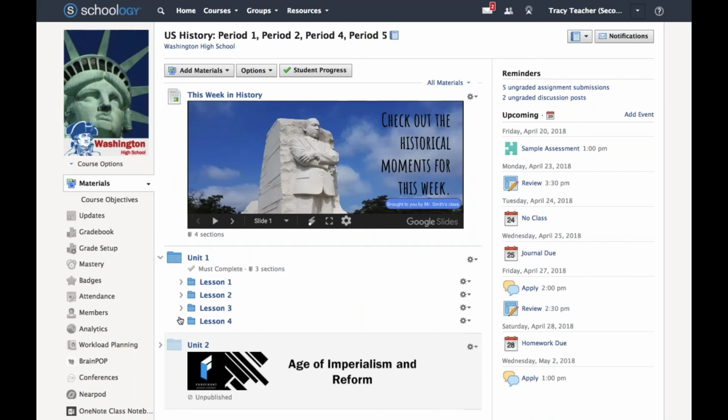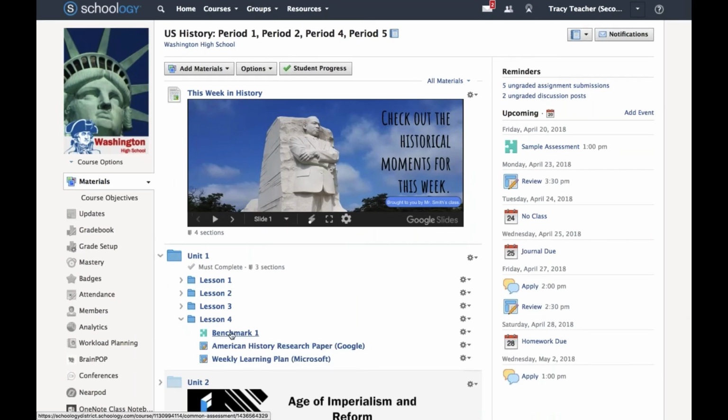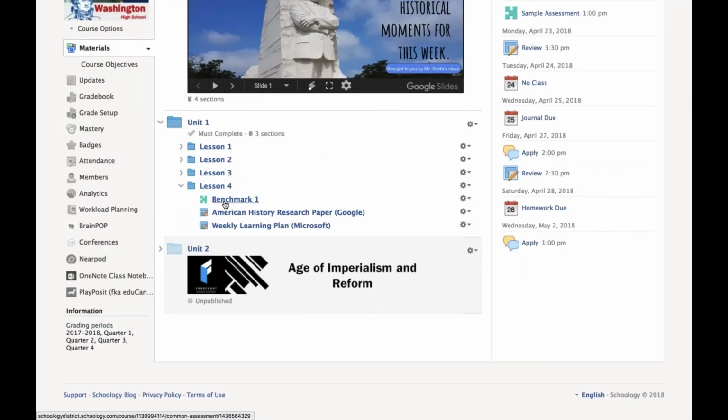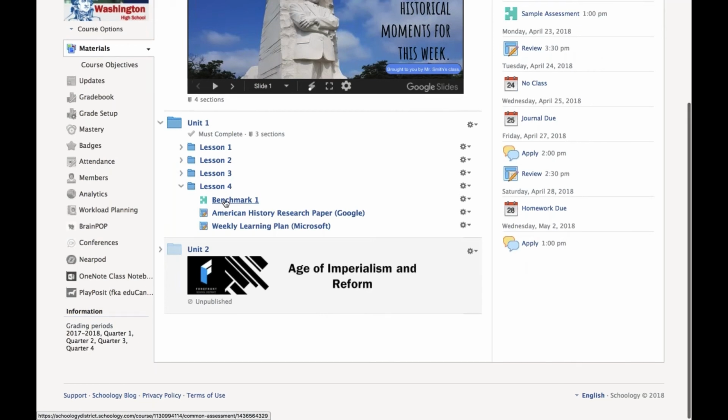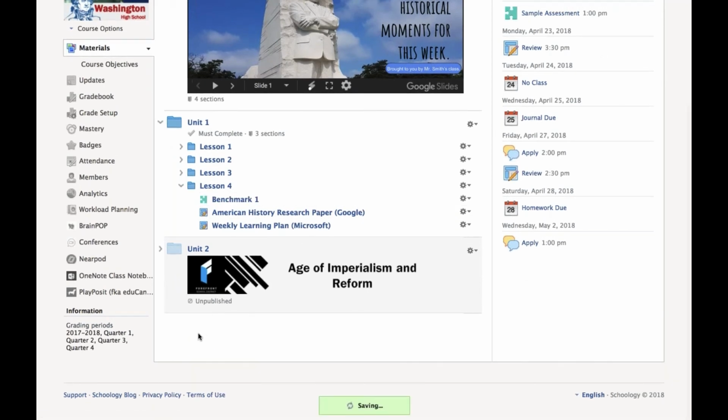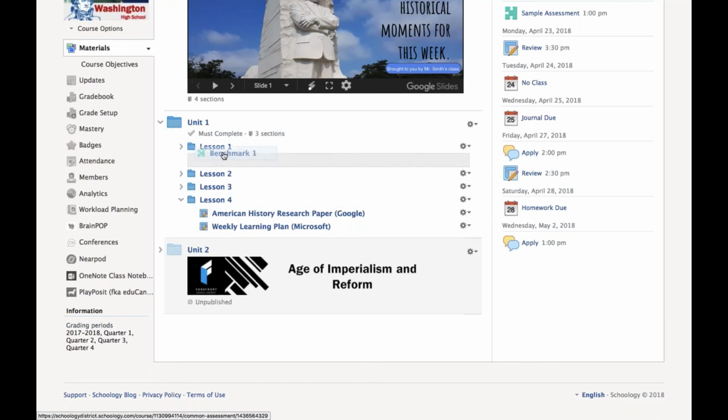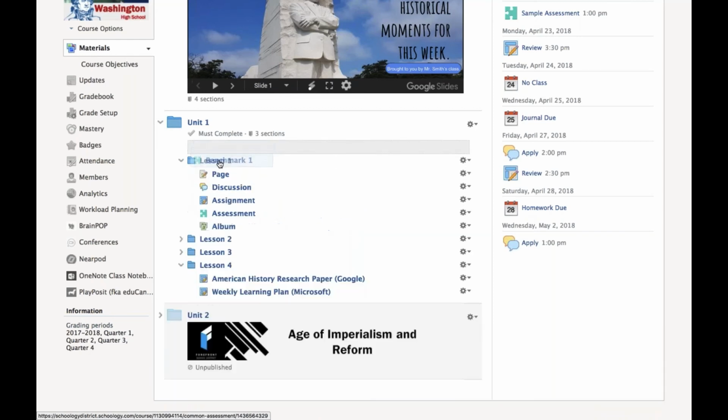What happens here, and this is just an example, what usually would happen is that this assessment, like a benchmark 1, was already placed in the unit folder or in this lesson folder by Tracy Teacher. But when an assessment is initially pushed into a course, it actually shows up right at the bottom of that course for the individual teacher to see. And then he or she can manipulate that and place it within the lesson folders, unit folders, or chapter folders, however you build out your